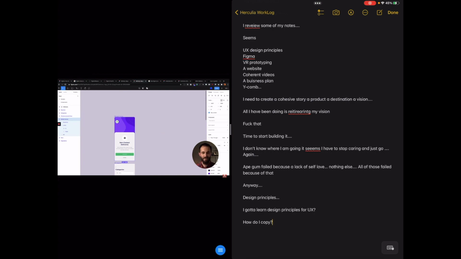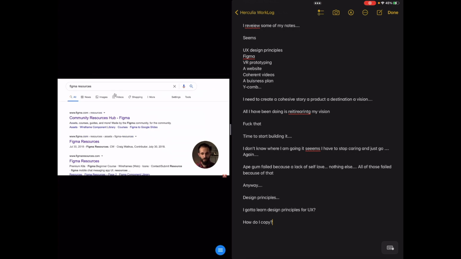Now to do that, I wanted to start off with a template, and what I literally did was I typed into Google Figma resources, and I got a bunch of results. I clicked on a few of them,